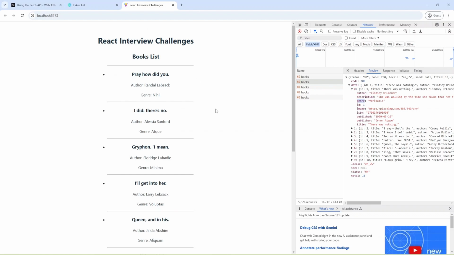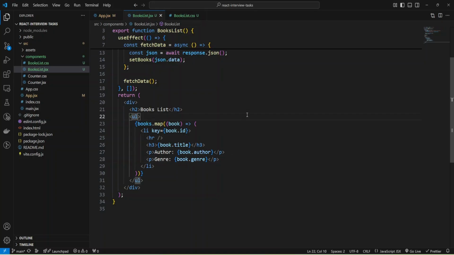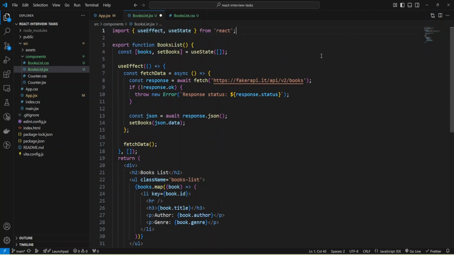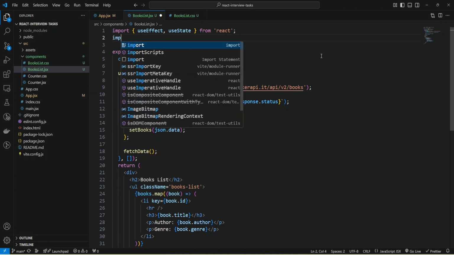I'm going to just copy paste, and let's check. Okay, and we have a list, and we need to remove these dots, and for that I'll add a className and provide books list, and we need to import our styles.